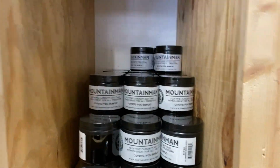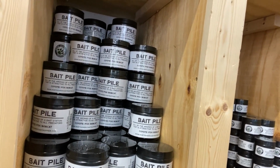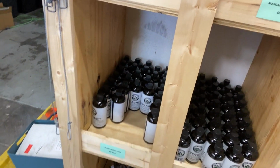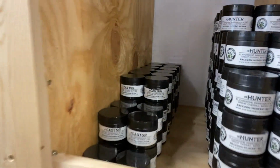We're going to bring our mainstay Mountain Man. We're going to bring the new bait pile, our beaver-based new predator bait, which really did well for me last year. The territory bait, the Coon Buster, and then a few each of the Magnet, Coyote Plus, Bobcat Plus, and Fox Plus. And we are going to bring the caster lure, which, as I said yesterday, was what I learned